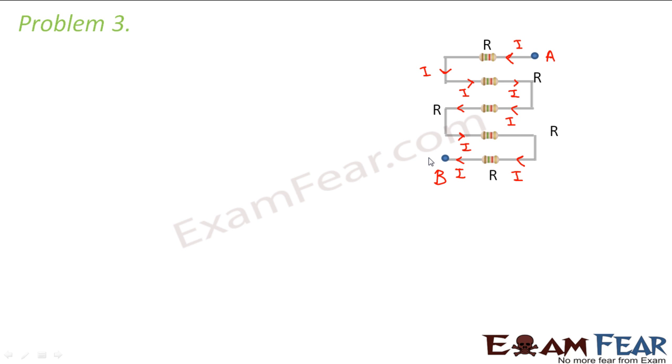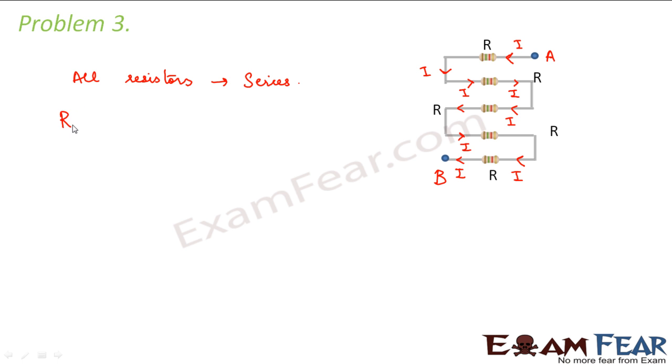That means all these resistors are connected in series. You can see that, it is just that the shape of the wire is zigzag. Otherwise, if you stretch this wire completely between points A and B, it is nothing but a straight wire with resistors joined one after the other. So that means here all the resistors are connected in a series combination, right?